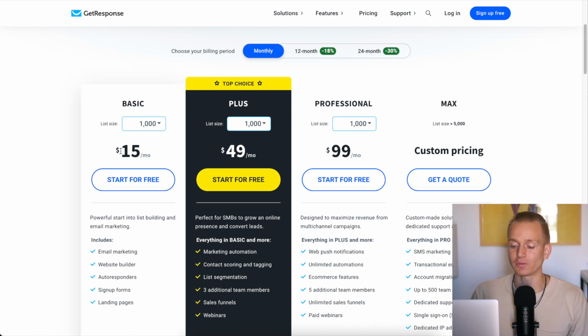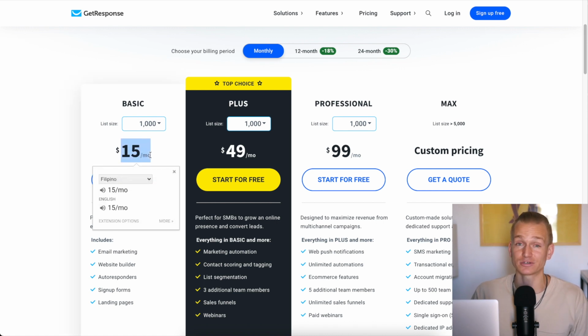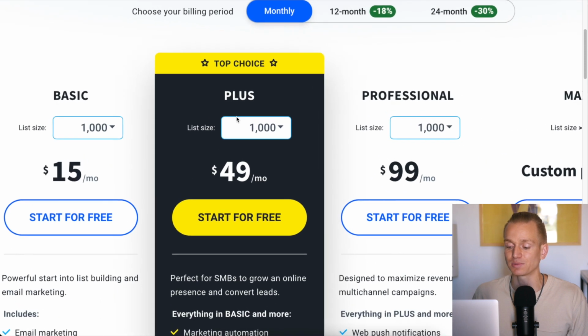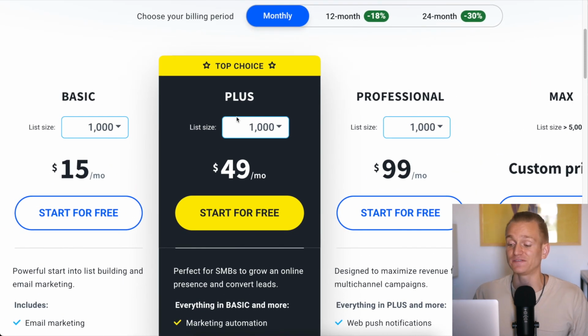And that's why it's so much cheaper. That's why it's only $15 a month, which is super cheap. But really, honestly, for most people, what I would advise is you will need to go with the plus plan, and the plus plan is $50 a month. So that is a lot more expensive than Mailerlite, but again, you are getting all of those additional features that can add up in a lot more